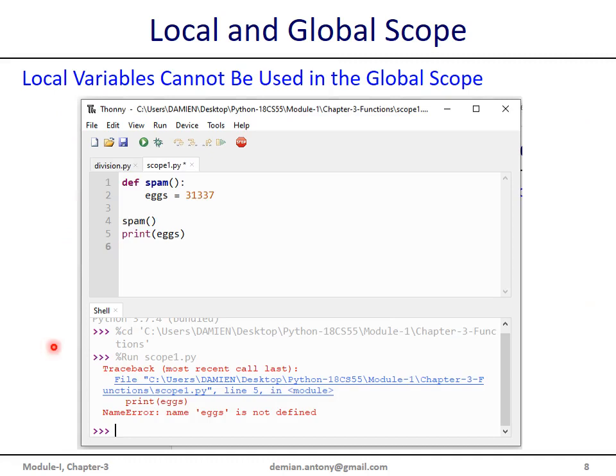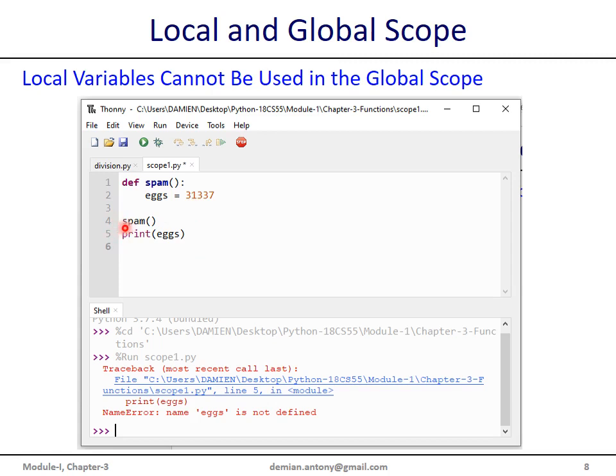Let us take up 4 different examples to demonstrate the scope rules. First one, local variables cannot be used in the global scope. Let us take up the function here, spam, with one local variable called x with the value 31,337, and this is the global scope.